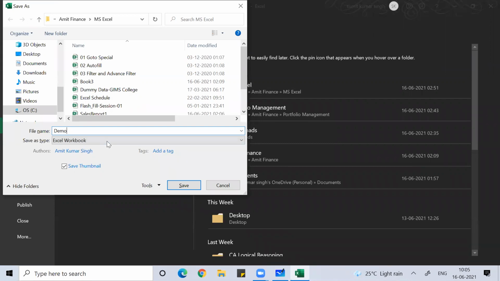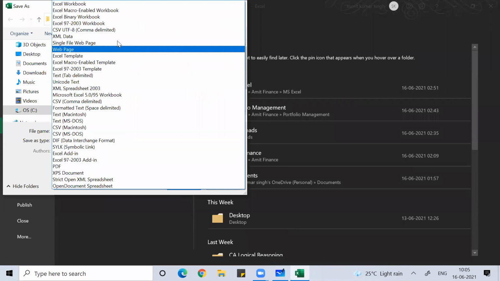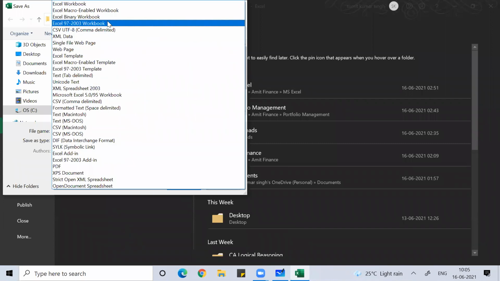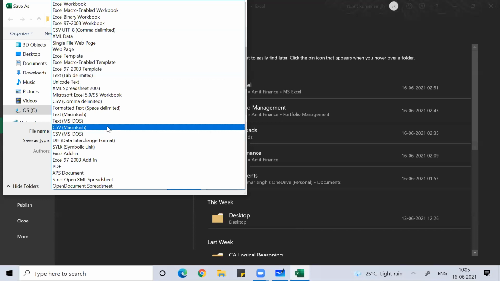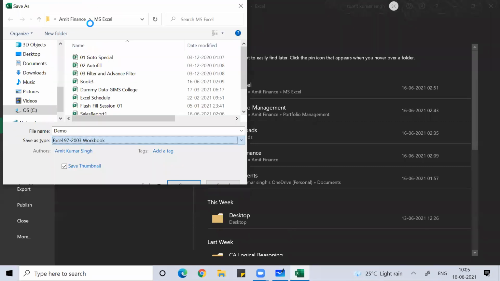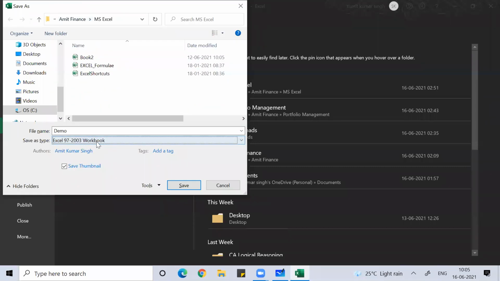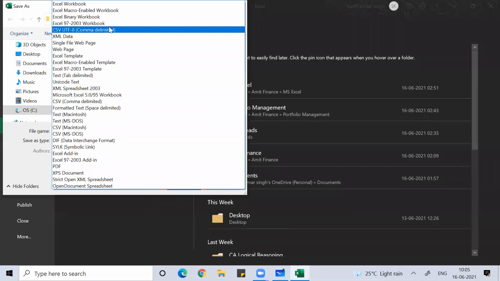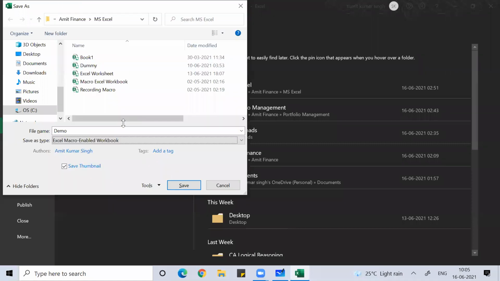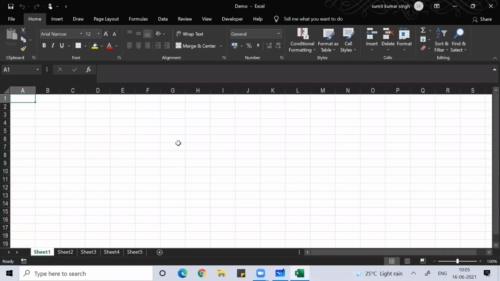I told you many times that if possible, try to save it in 97-2003 workbook format. If you feel you may require macros, then save it in Excel Macro-Enabled Workbook format, and then press Save.